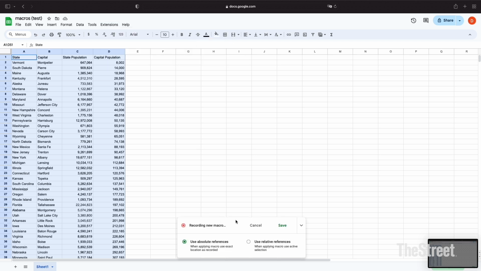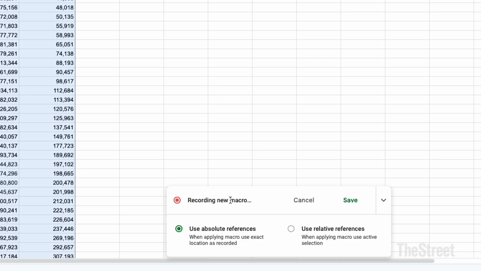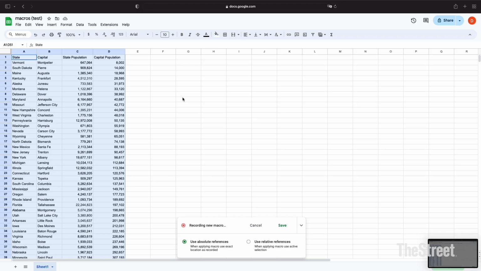And from here, a window pops up at the bottom of the screen, with a blinking red dot within a red circle that indicates it's recording the new macro. And in this case, we're going to use absolute references. And so we proceed with the commands for sorting column A